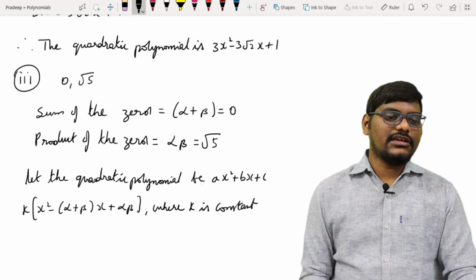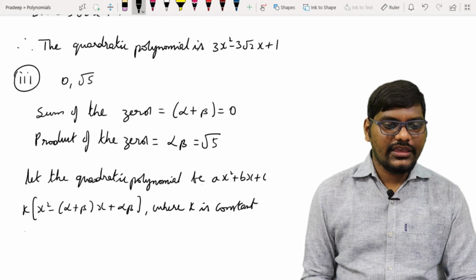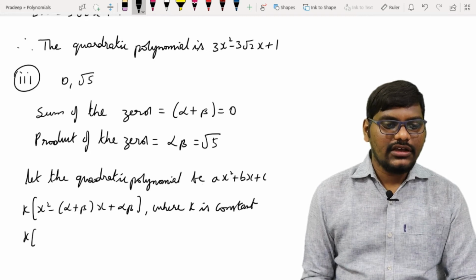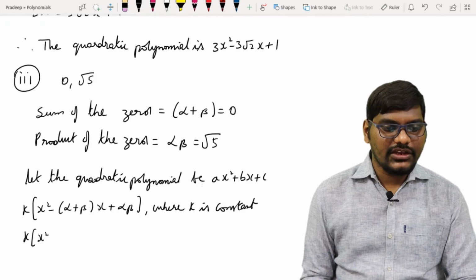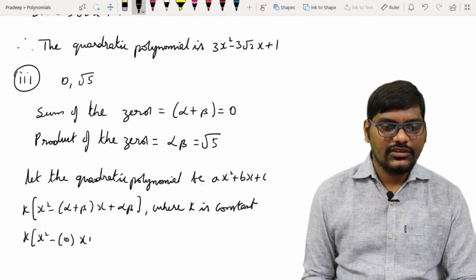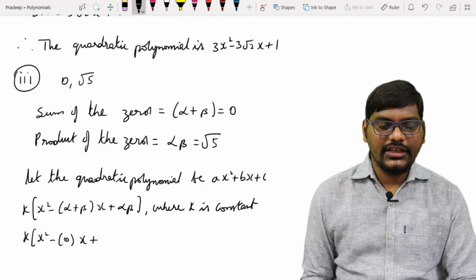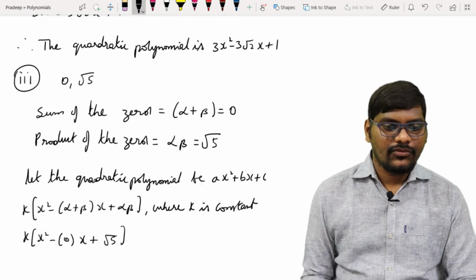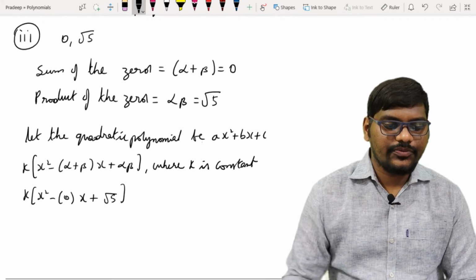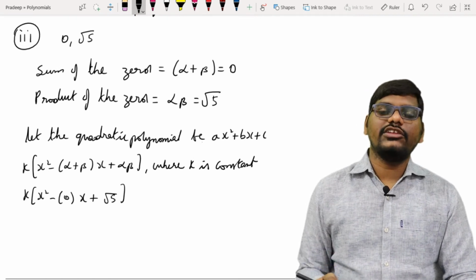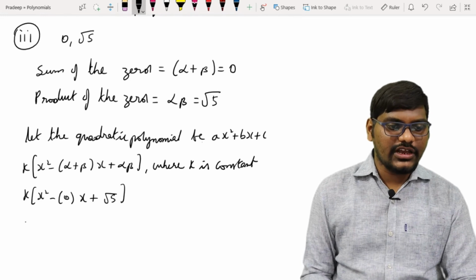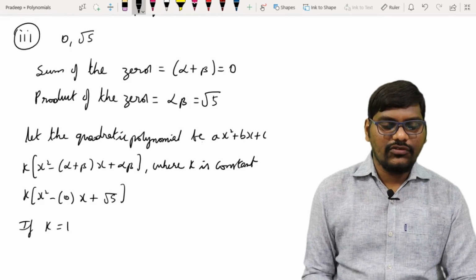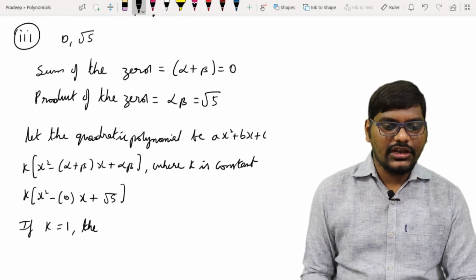So now I just substitute the values here. K into x square, and the sum is 0, so minus 0x, and the product is root 5. Because there is no denominator in this particular problem, we can simply take k as 1. So if k equals 1, the quadratic polynomial